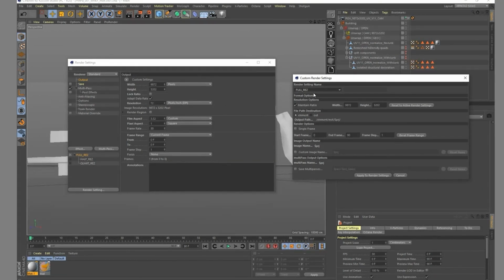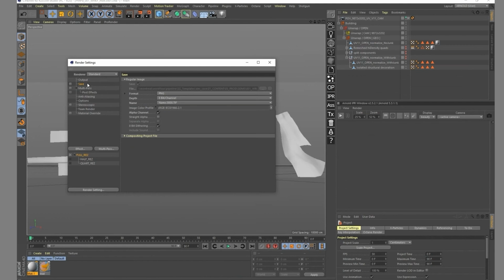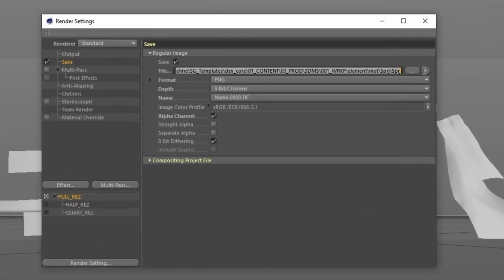So that script is made by us, and I need to change the full res. I want to maintain that ratio. I want stuff to be outputted in element and not in out, and I can output a single frame for now. If I'm applying that to my render setting, what I can see is that right now, if I go to File, Save, it's gonna have that exact right position on the server, so I don't even need to think about it as an artist. It's gonna be exactly where I need it to be.